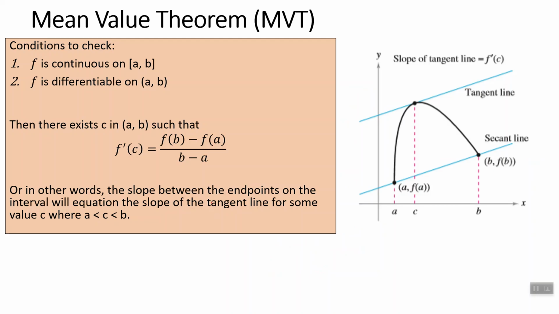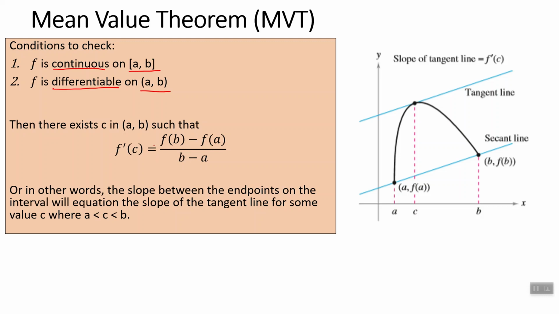All right, now the more important one, the mean value theorem. So now we only have 2 conditions to check. We need the function f to be continuous and differentiable. All right, same 2 conditions. We just leave off the 3rd condition: continuous on the closed interval, differentiable on the open interval. All right, and the mean value theorem is actually a little bit stronger than Rolle's theorem, but people came up with